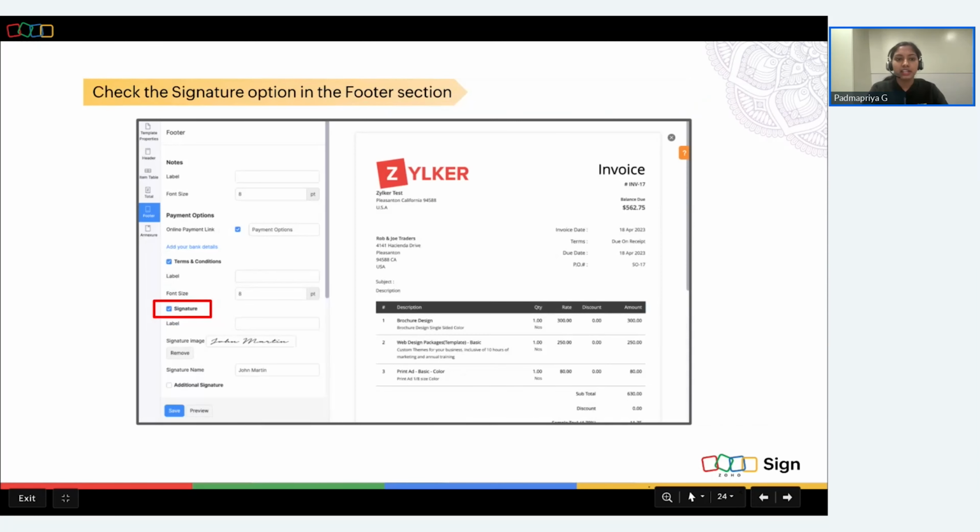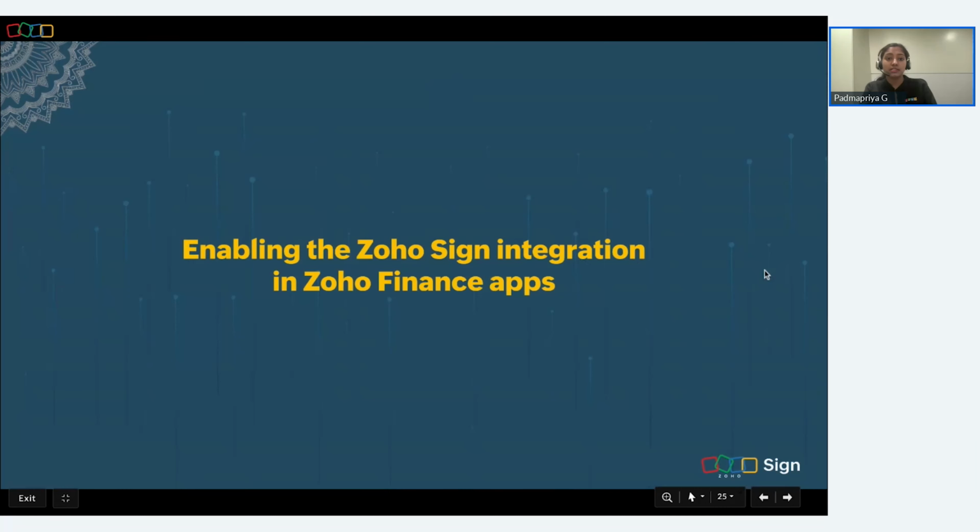So once you click edit, you need to click footer. Once you scroll down, you will be able to find an option called signature. Make sure you have enabled this option before you start using the Zoho Sign and Zoho Finance integration. So now that we have seen the prerequisites, let's quickly jump over to how you can enable this integration